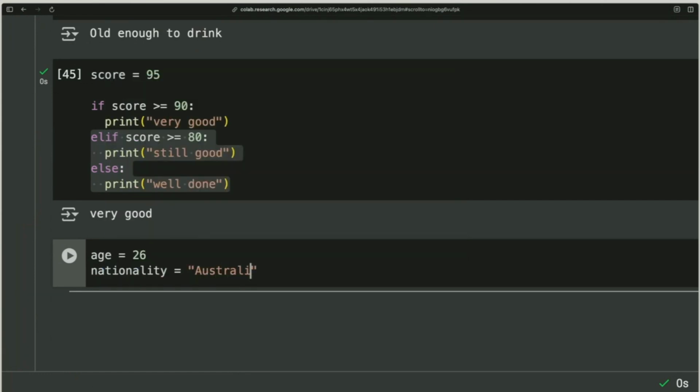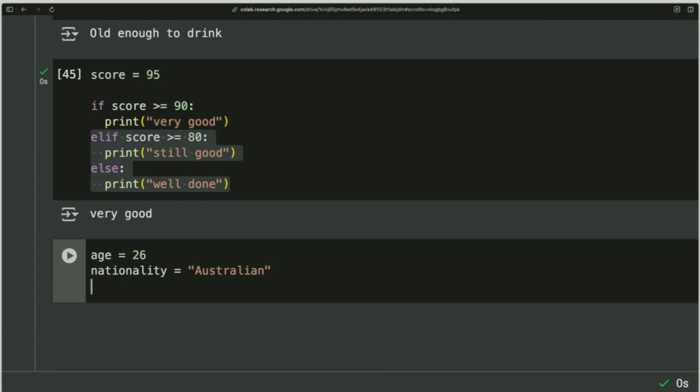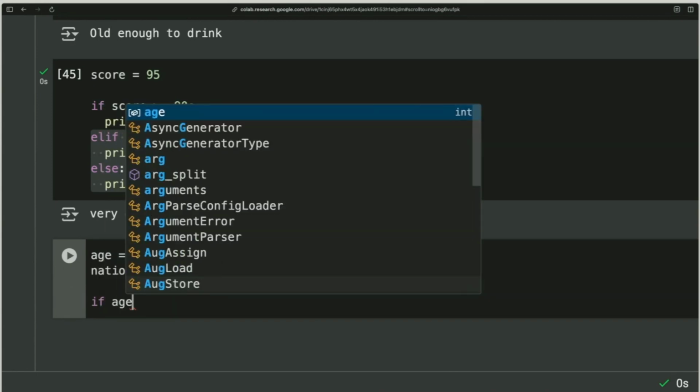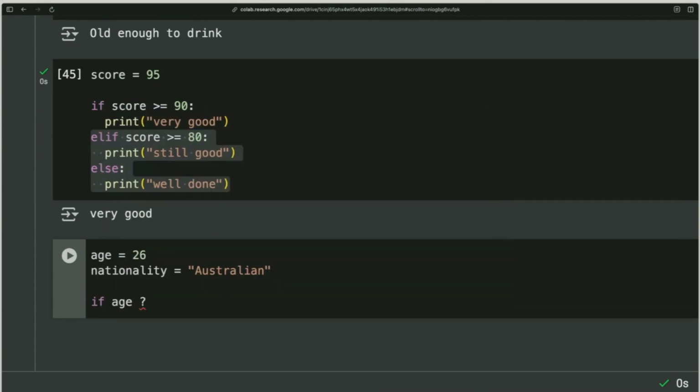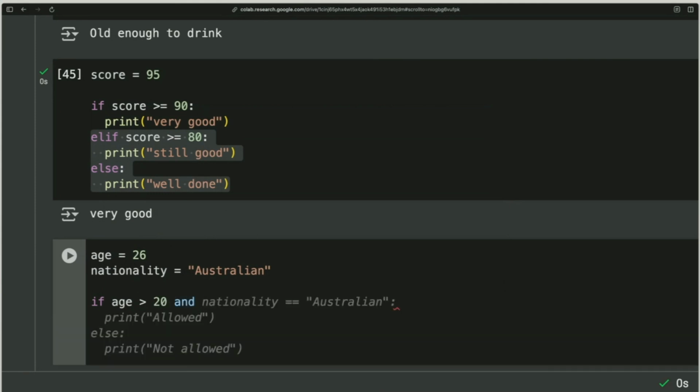Nationality is Australian. I'm pretty sure I'm almost all the Australian, the one with the worst English. If age is over 20, and I'm using and here, nationality is Australian,